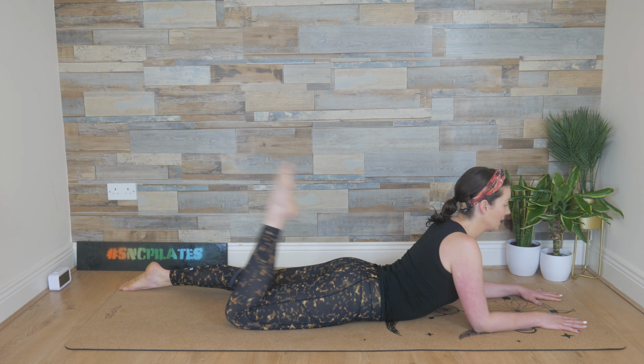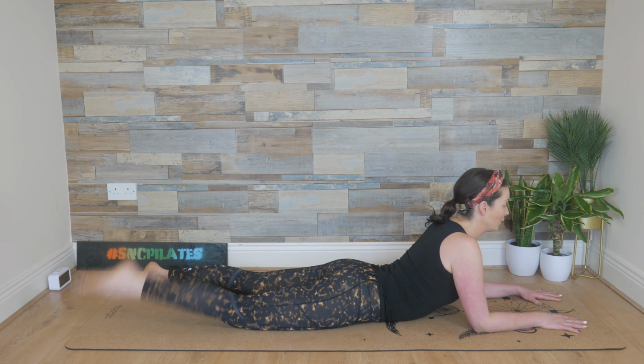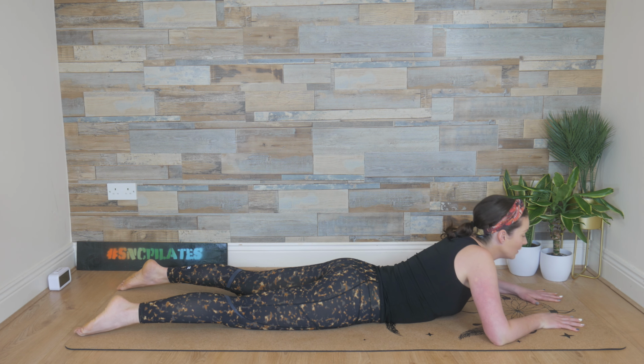Let's do two more sets. Kick, kick, and release. Left leg and release. One more. Kick, kick, and release. And left and release. Hands come wide,